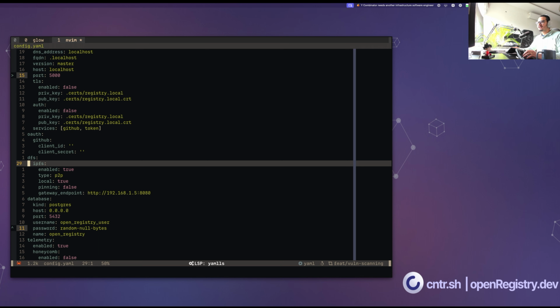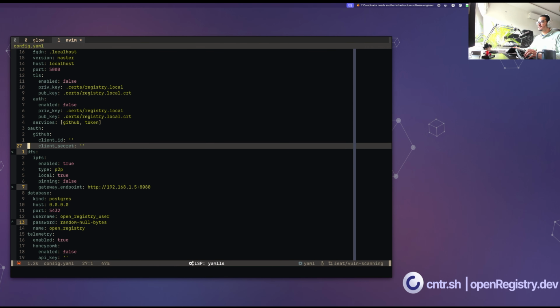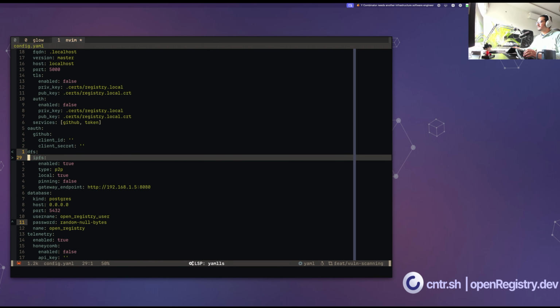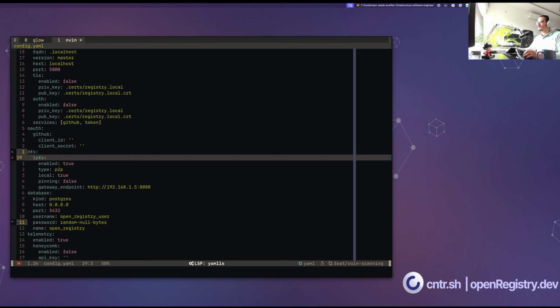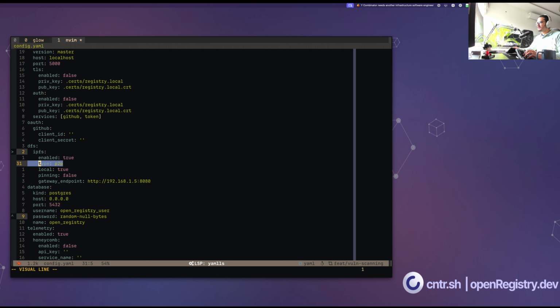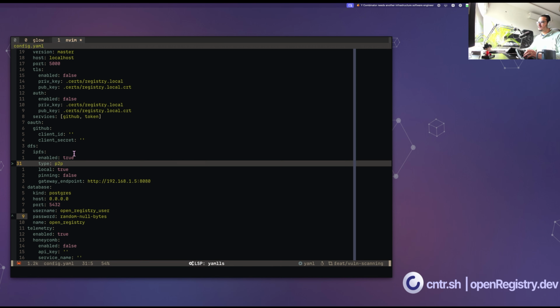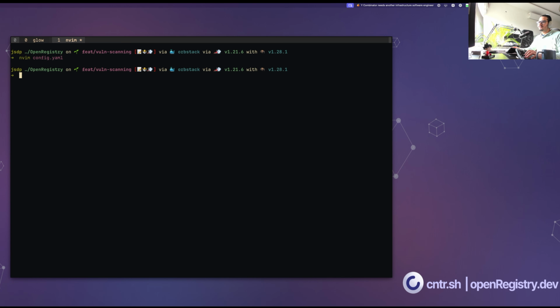Not interesting. But the important one is this DFS and IPFS. DFS in our terminology is decentralized file system of sorts. But then within it, if you define IPFS and type P2P, then you can define the address of your IPFS node on which the data will be stored, and that's pretty much it. Then